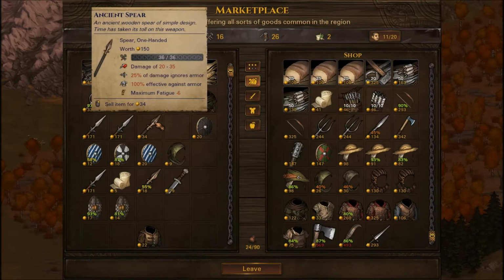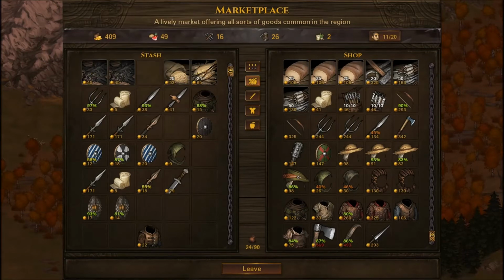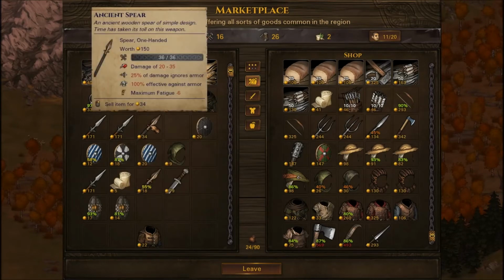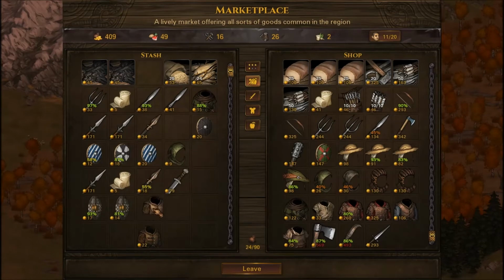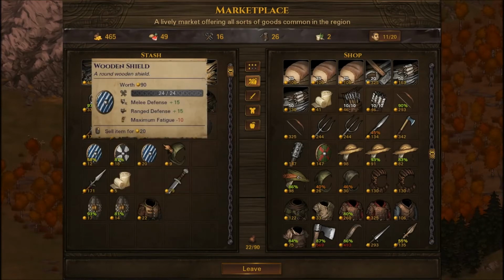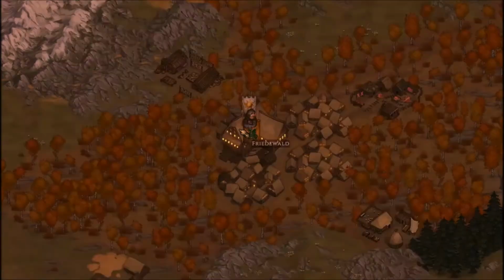And so I've been a bit torn on whether or not these are worth using. I think the boar spear is definitely an upgrade, because it's more consistent in its damage and it's almost as effective against armor, so you may as well use the boar spear if you've got it. But between these two, I might lean a little bit toward the ancient spear, but I don't think it's as clear cut as I initially thought. Let's sell that one at least, and that looks pretty good. Actually, I'll get rid of this too. We've got a bunch of militia spears. Alright, so